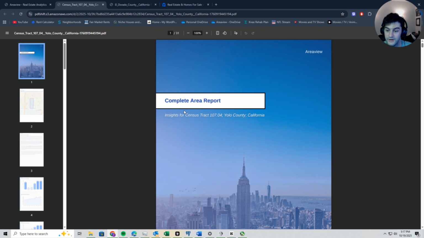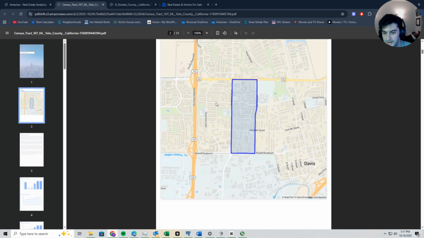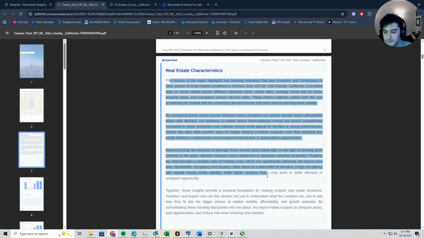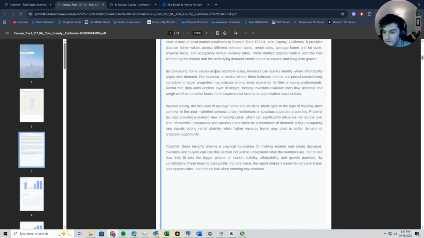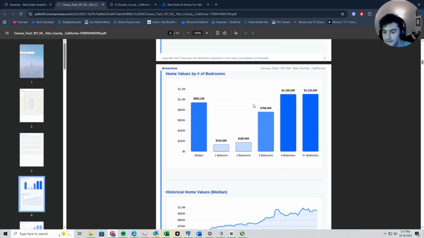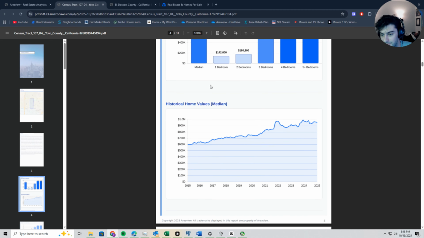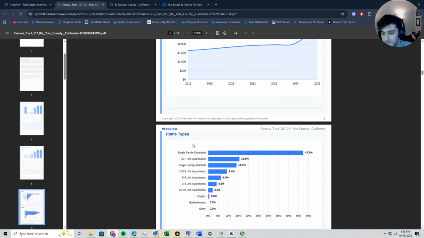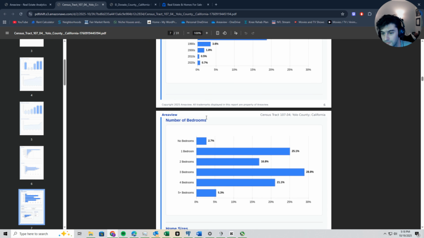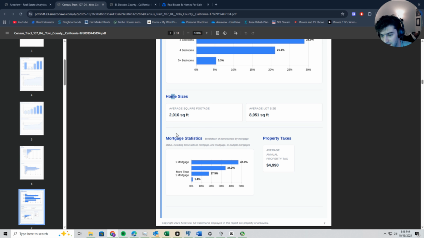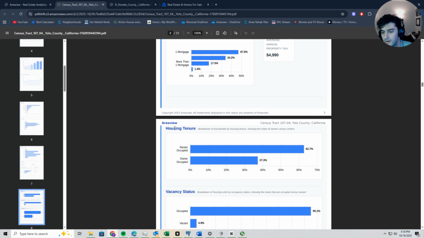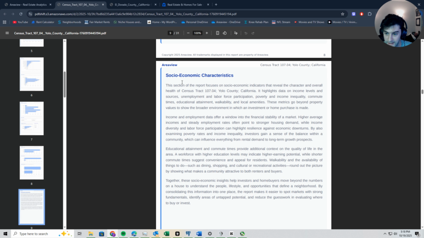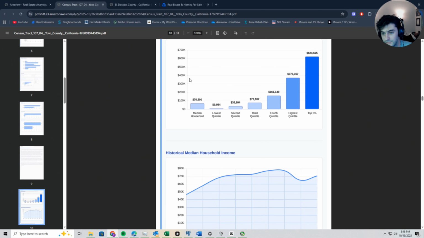Complete area report. This is the cover for the census tract. You have the location map and then some description of real estate characteristics, because this is the real estate section. Getting into some of the data points: home values by number of bedrooms, historical home values, home rents, historical home rents, home types, decade built, number of bedrooms, home sizes, mortgage and property taxes, housing tenure, vacancy status, vacancy reason, and then getting into socioeconomic characteristics, income,